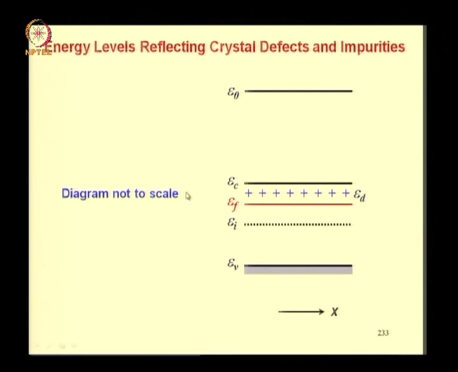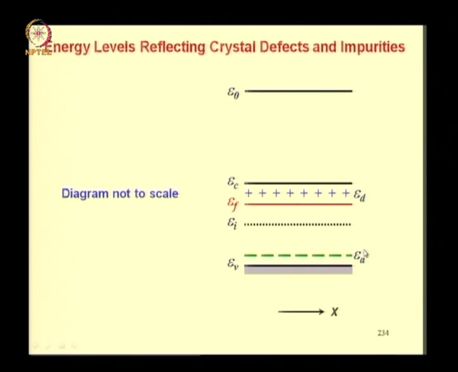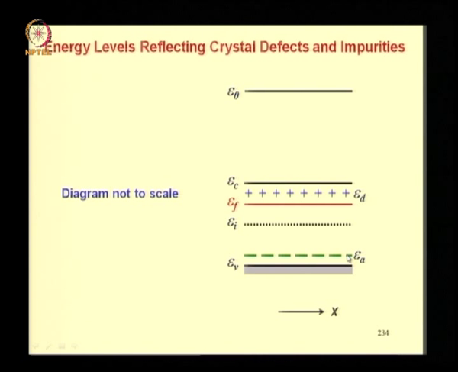The positive sign here indicates donors because when this impurity loses its electron, it is positively ionized. So a donor is one which gives an electron, and in the process becomes positively charged. That is why positive signs are used to indicate the donor level. In a similar way one can show the acceptor level with negative signs. This is a shallow acceptor such as boron or aluminum in silicon, located close to the valence band edge. Once again, an acceptor level could lie anywhere in the energy gap. A shallow acceptor would be close to the valence band edge.